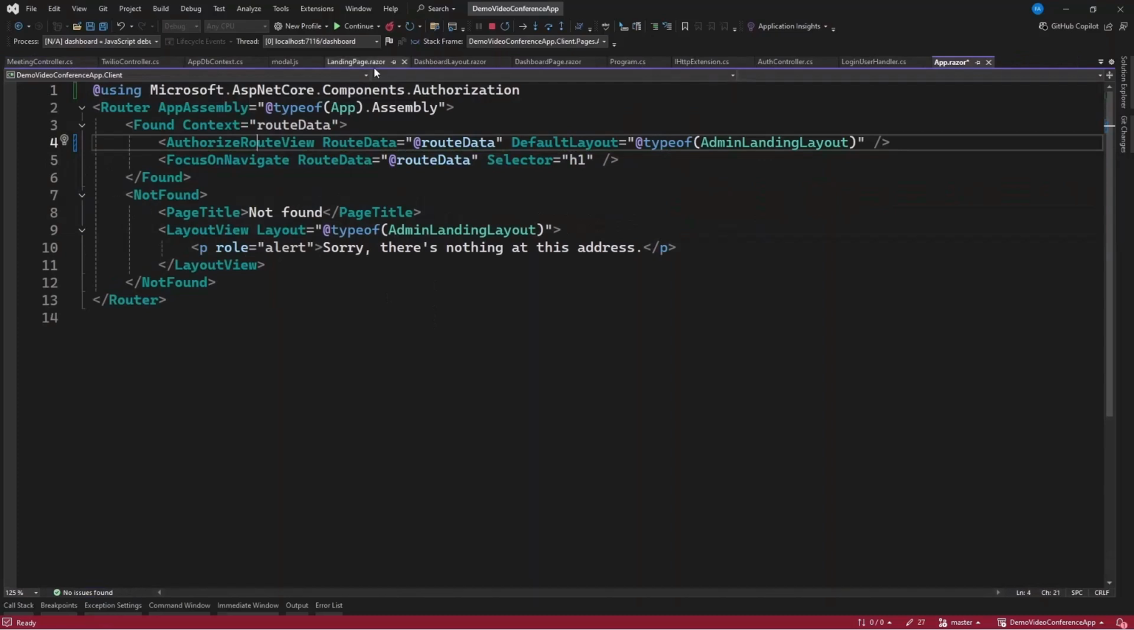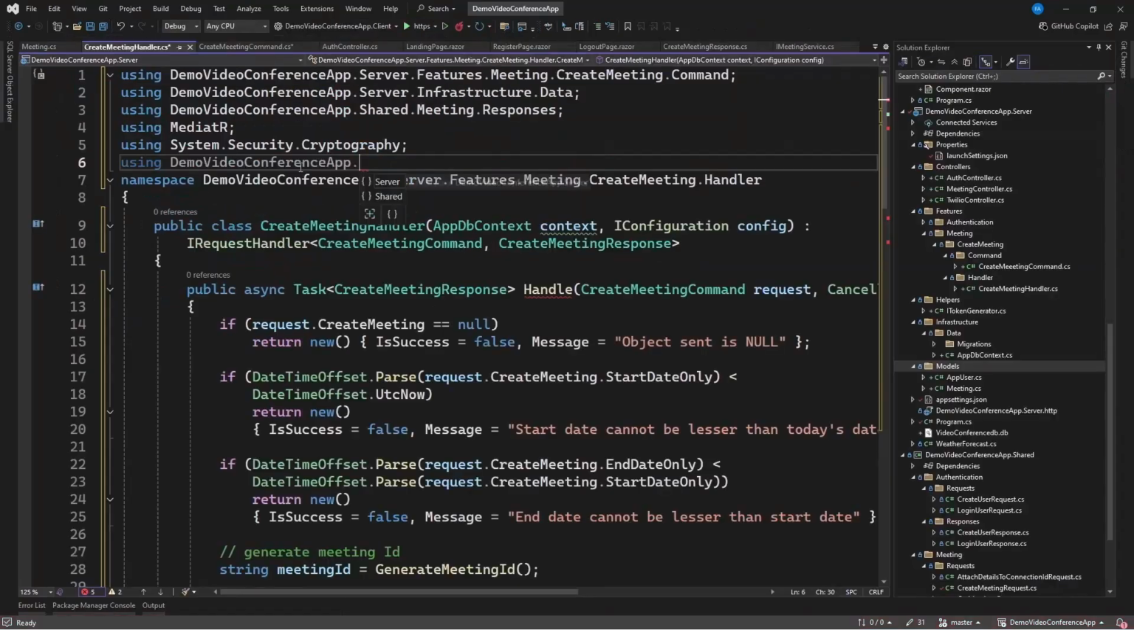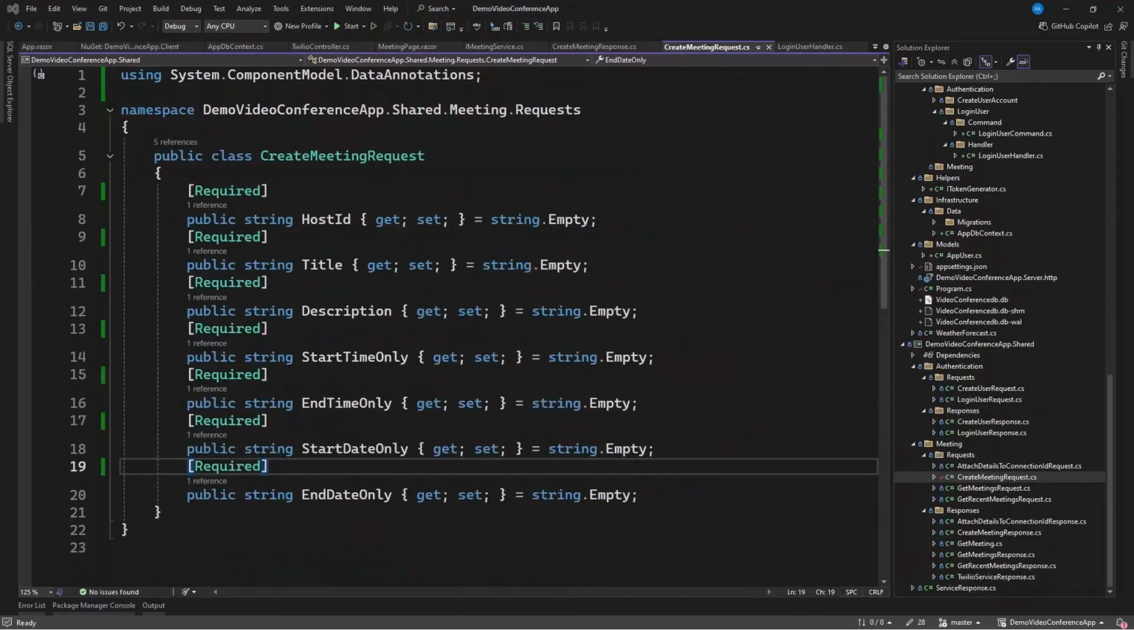All right, so we have this, and I think let's rerun this again. Demo. Then these are server models. So in the create meeting request, in order for us not to send an empty model, we can use this